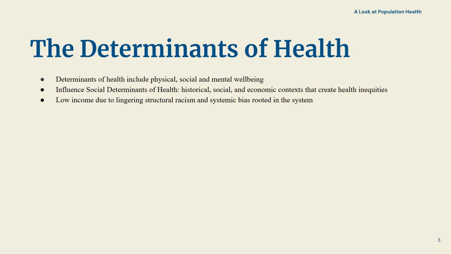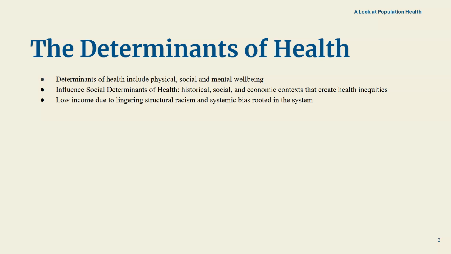adolescents. The social determinants of health that influence these health factors include historical, social, and economic contexts that create health inequities. These factors can all be related back to lingering structural racism and systemic bias rooted in both social and the healthcare systems. The Office of Disease Prevention and Health Promotion put it best. Residents of impoverished communities often have reduced access to resources that are needed to support a healthy quality of life, such as stable housing, healthy foods, and safe neighborhoods. Poverty can also limit access to educational and employment opportunities, which further contributes to income inequalities and perpetuates cyclical effects